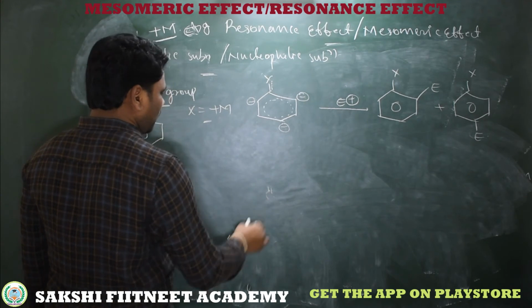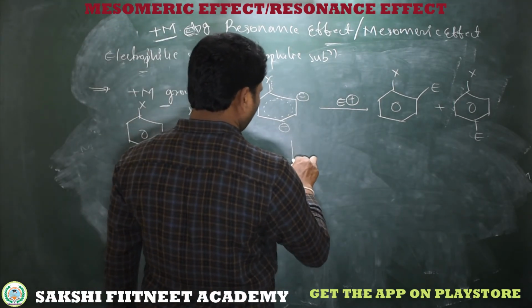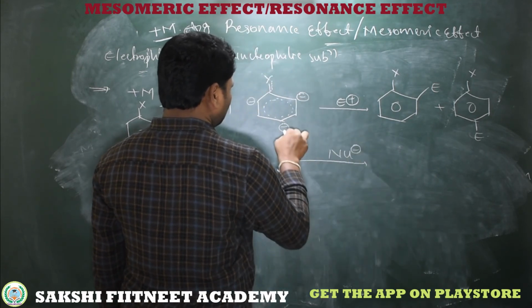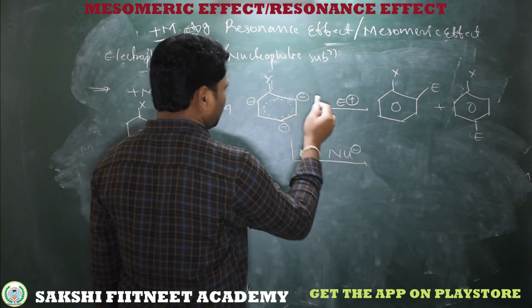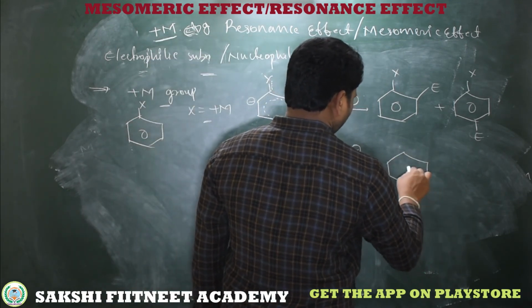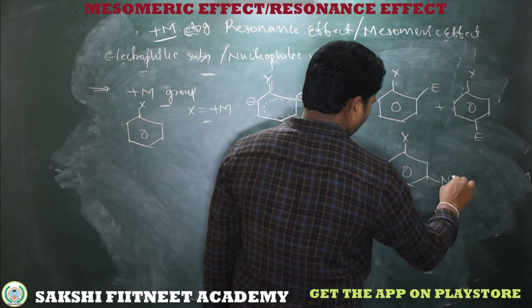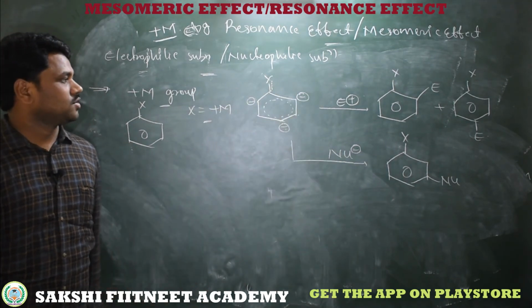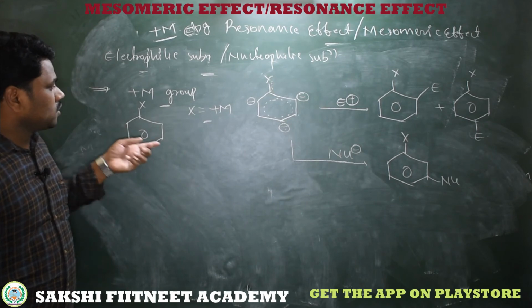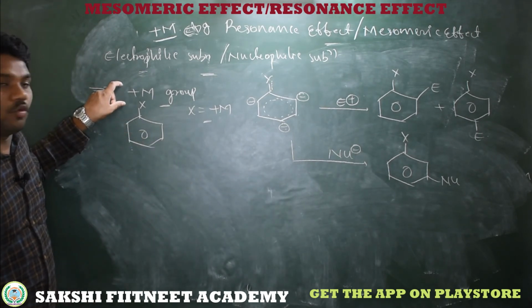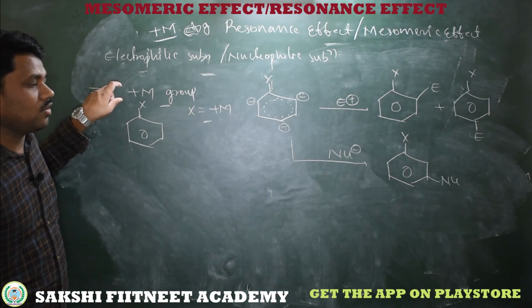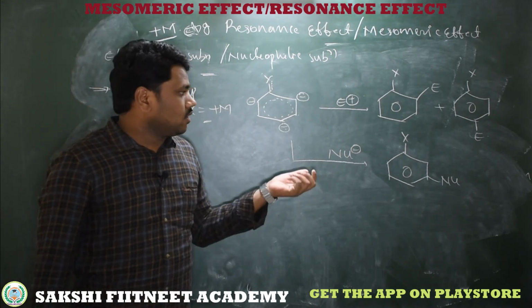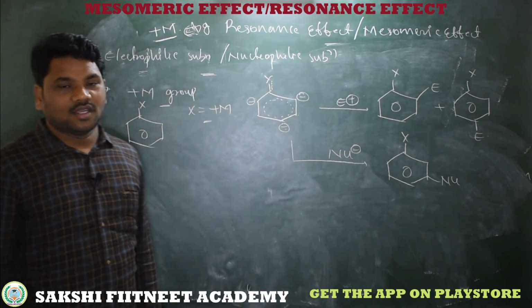So when I am taking a nucleophile, obviously there is no chance to attack at ortho, para, ortho. Obviously this is going to attack at meta. So only one position is vacant for substitution of the nucleophile. So this is the electrophilic substitution and nucleophilic substitution in the presence of a plus M group. So this is very important, very important, maximum in every paper, IIT mains and NEET, at least one question from these electrophilic substitution reactions.